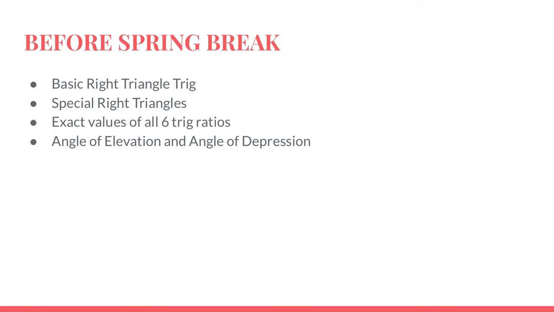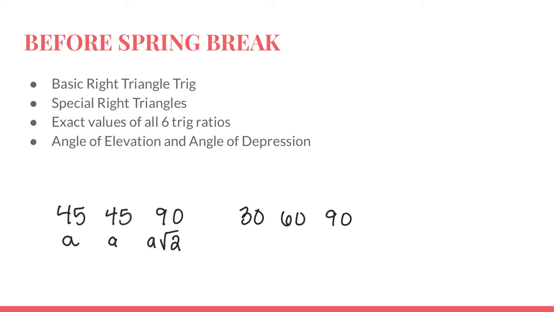Before spring break, we focused on basic right triangle trig, remembering sine, cosine, tangent, inverse sine, inverse cosine, inverse tangent. We also did a whole lesson on special right triangles, remembering that we have a 45, 45, 90 triangle, which is half of a square, has a ratio of a, a, a root 2, or we have a 30, 60, 90 triangle, which is half of a rectangle and has the ratio of a, a root 3, 2a. We then moved on to talk about the exact values, meaning we're not using calculators, of